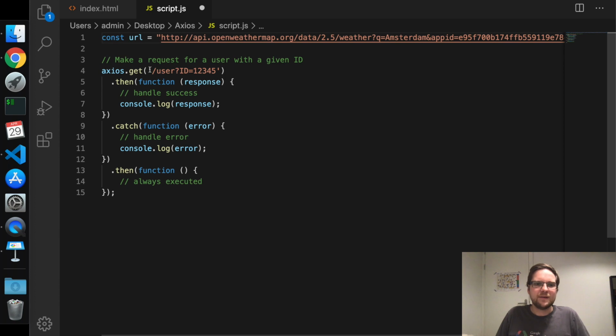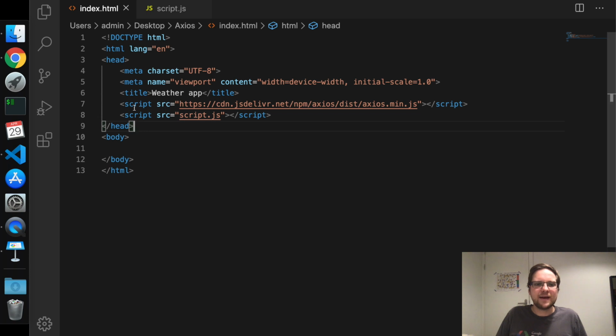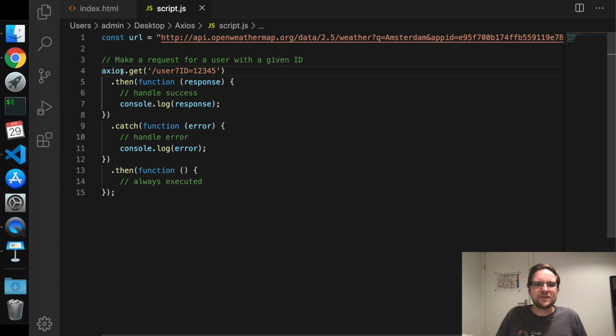Now that we have the URL, we can check out how Axios works. You don't need to import anything in JavaScript. As soon as we have Axios, we can automatically use the special variable called axios. It will be defined for us. So I can do something like axios.get, then we can just input the URL. I will change the URL, for example, into this long OpenWeatherMap URL. And then